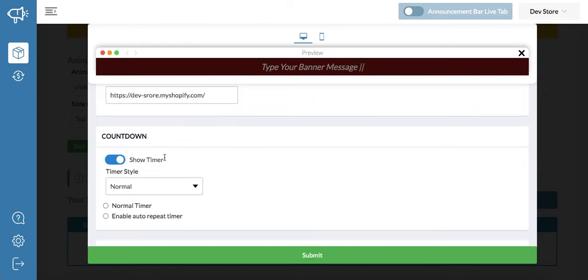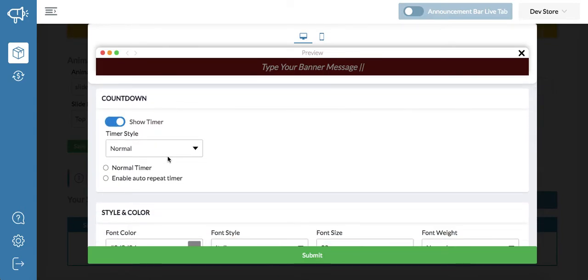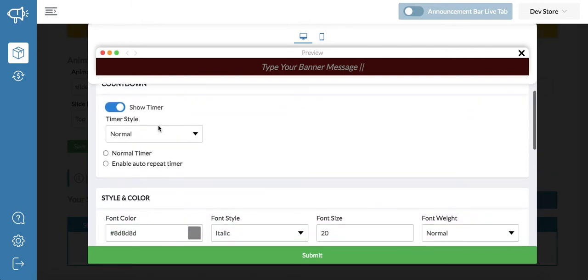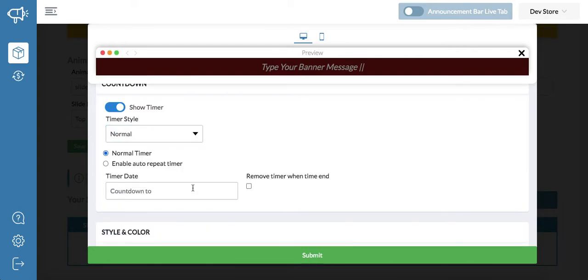Show countdown timer. That is the most important thing, and mostly all the other apps have these features. This countdown timer is paid there, but we have everything free. Only if you want to show multiple slides on the front side do you have to subscribe to our premium plan. Otherwise, everything works normally with the free plan.